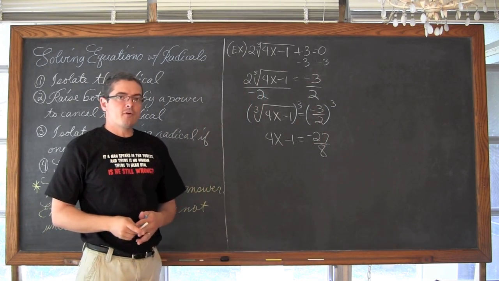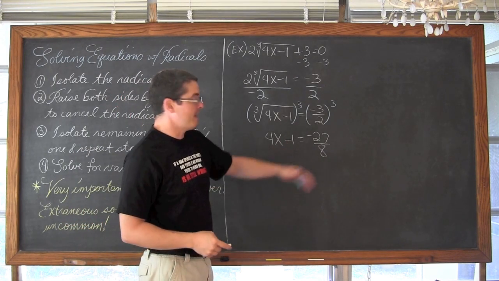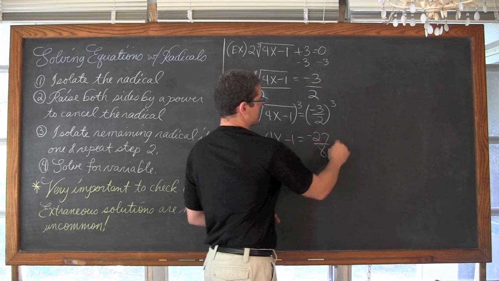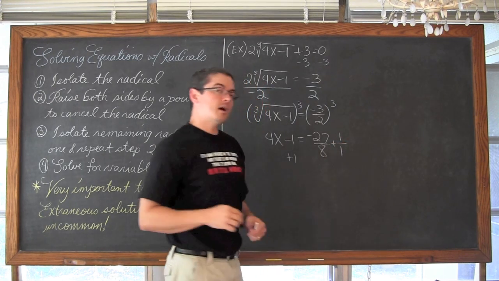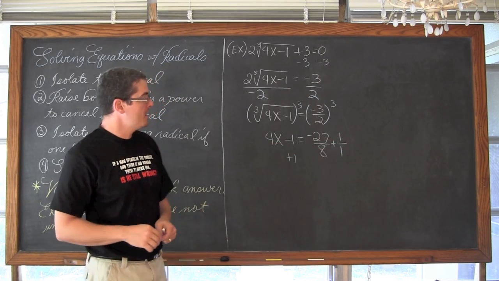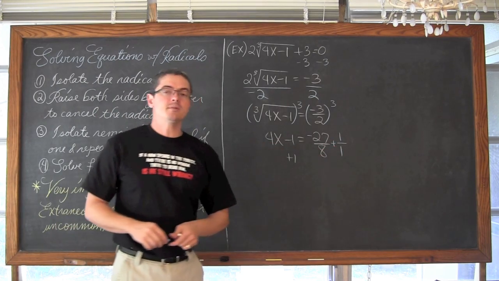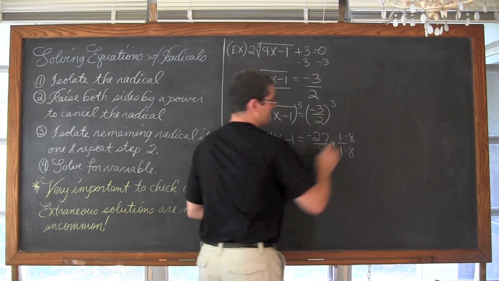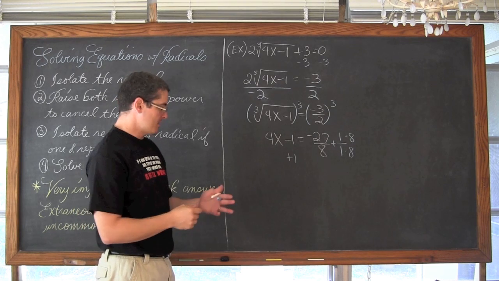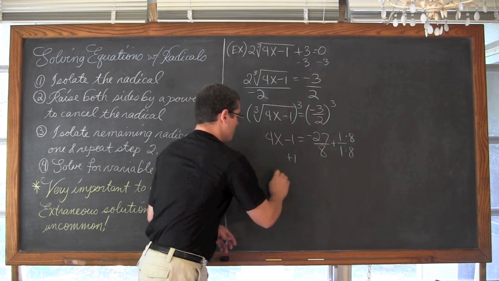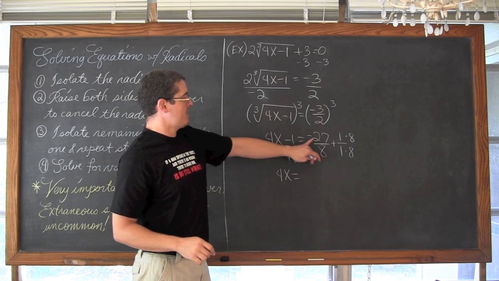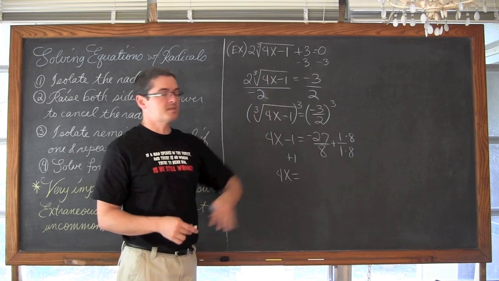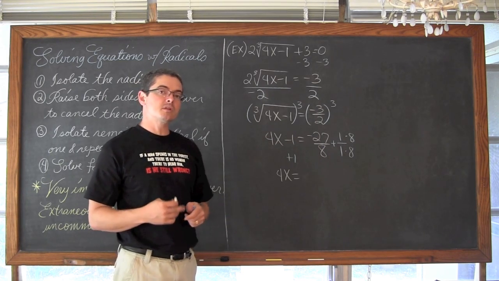And I don't like to completely avoid fractions, so you get a little practice with that as well. We're going to take 1 and add it to both sides, so we're going to add 1 here. And just to save space a little bit, let's add 1 here. We're going to need a common denominator when we move that 1 over to the other side. So we need this 8 and this 1 to have a common denominator, or the lowest common multiple between 8 and 1, of course, is 8. So we're going to multiply this by 8 in the numerator and denominator to get a common denominator. And we get 4x is equal to, now, negative 27 plus 8. Well, 27 minus 8 is 19. 27, ignoring the negative sign, is the larger number, so it's going to be negative 19 over 8.